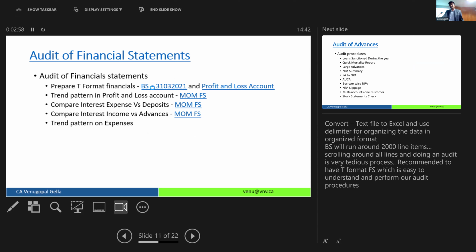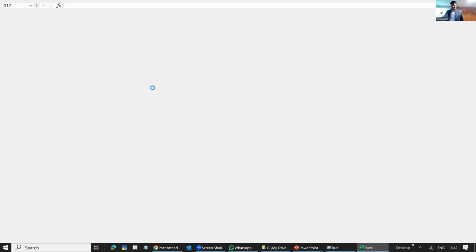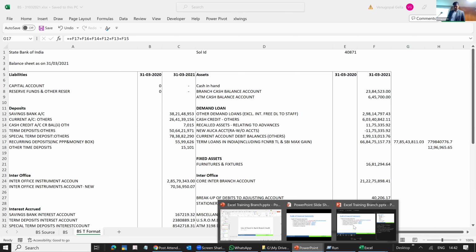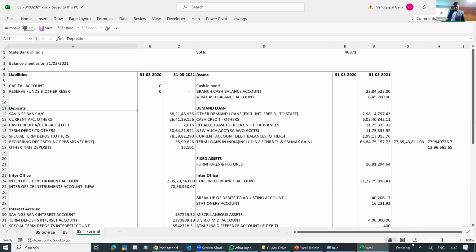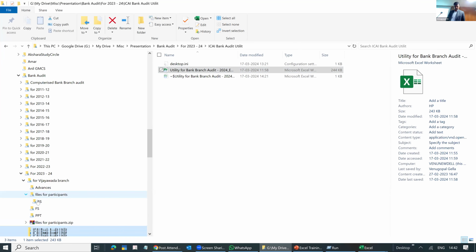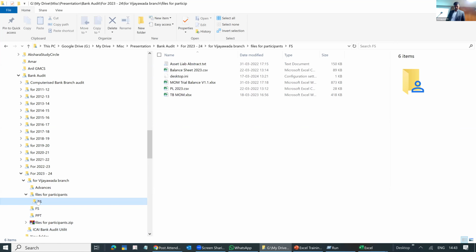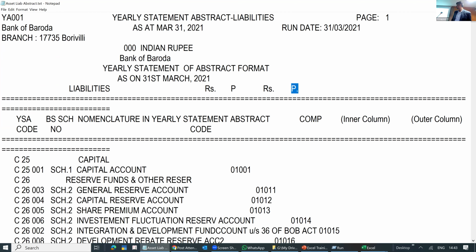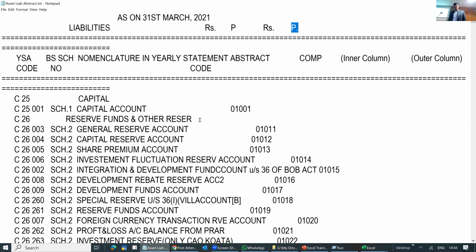Like there is a balance sheet as on 31st March to be prepared. The file which is given to you will look something like this.